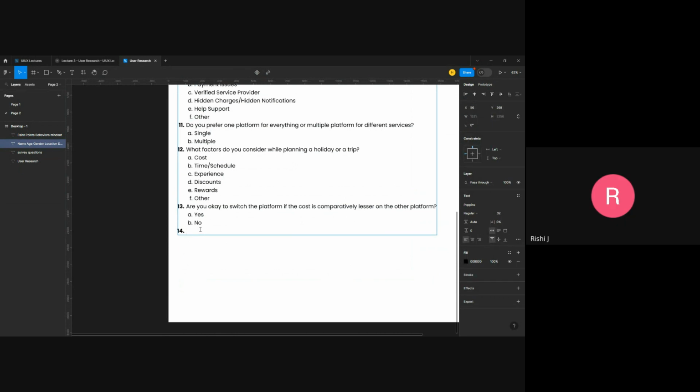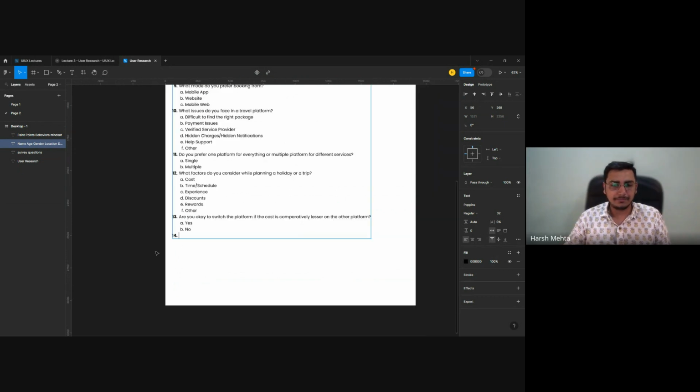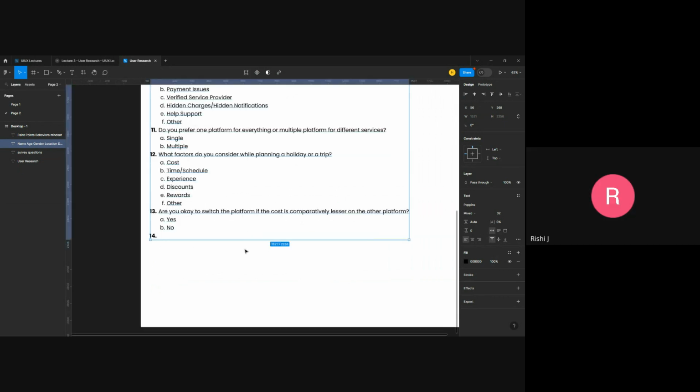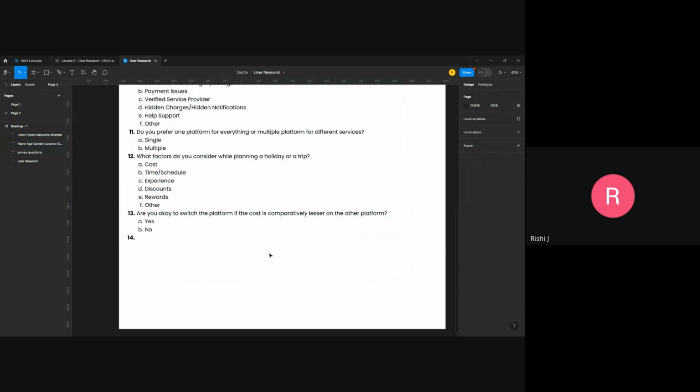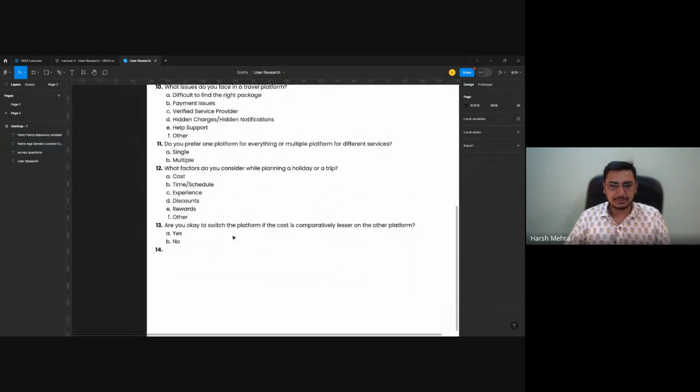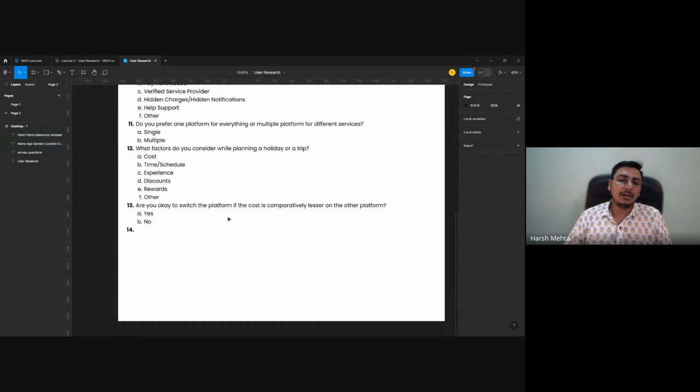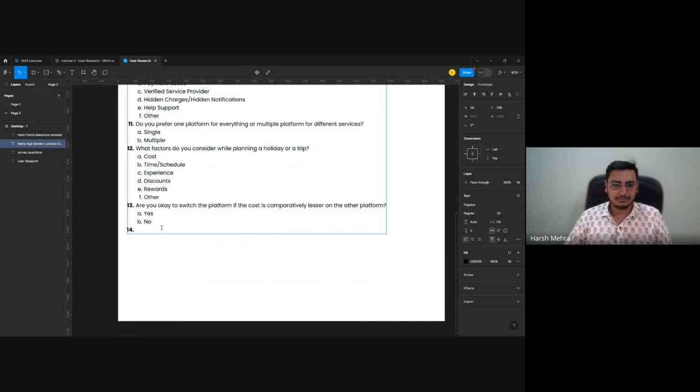हर्ष, एक क्वेश्चन मेरा, दिस सर्वे विल बी अ क्वालिटेटिव सर्वे ना या क्वांटिटेटिव? ये क्वांटिटेटिव सर्वे हुआ ना एक तरह से। Quantitative sir. हाँ, क्योंकि क्वालिटेटिव सर्वे इफ वी आर गोइंग टू डू, वी आर गोइंग टू इंटरव्यू समवन। Yes. So that would be their existing users. उस पे हम आते हैं. ओके।